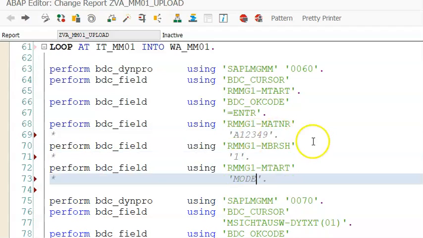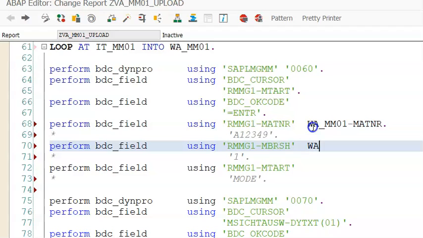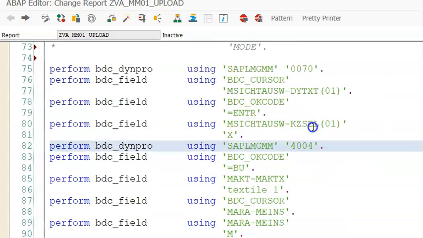So what we have to do is we have to go for here WA_MM01-MATNR. Now here we have commented this, right? Here we will write WA_MM01-MBRSH. Then we have WA_MM01-MTART. Now these are the three things that we have in the first screen, and in the second screen we have